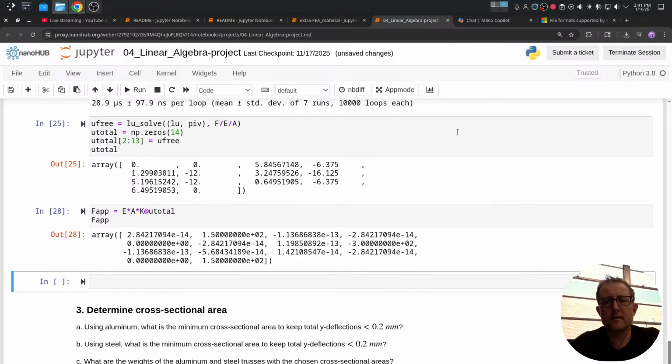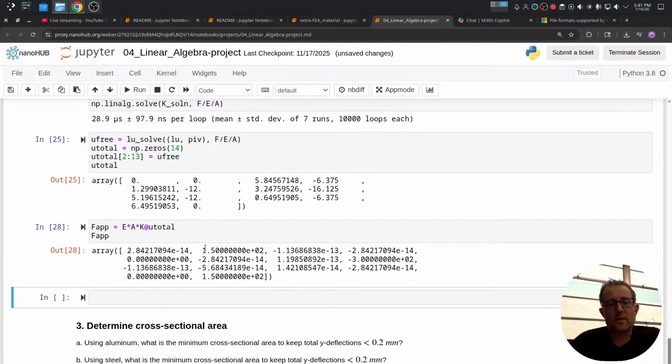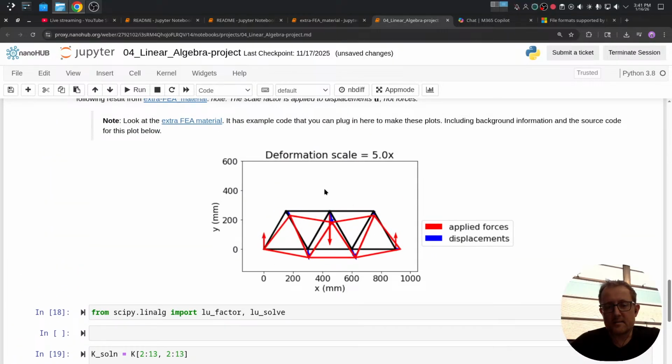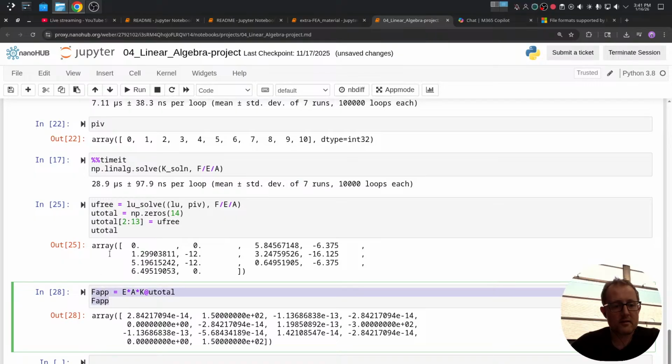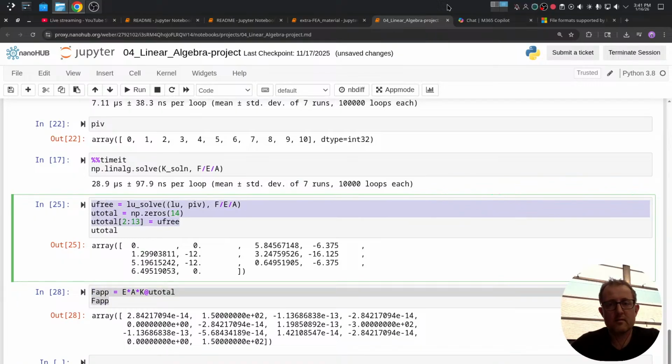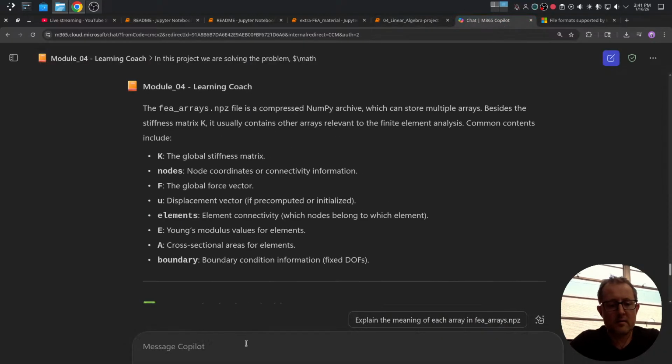F applied. So now, really what I want is something like this. I want to see what are all the displacements and all of that. So I'm going to try giving Copilot something. I defined my node displacements as,